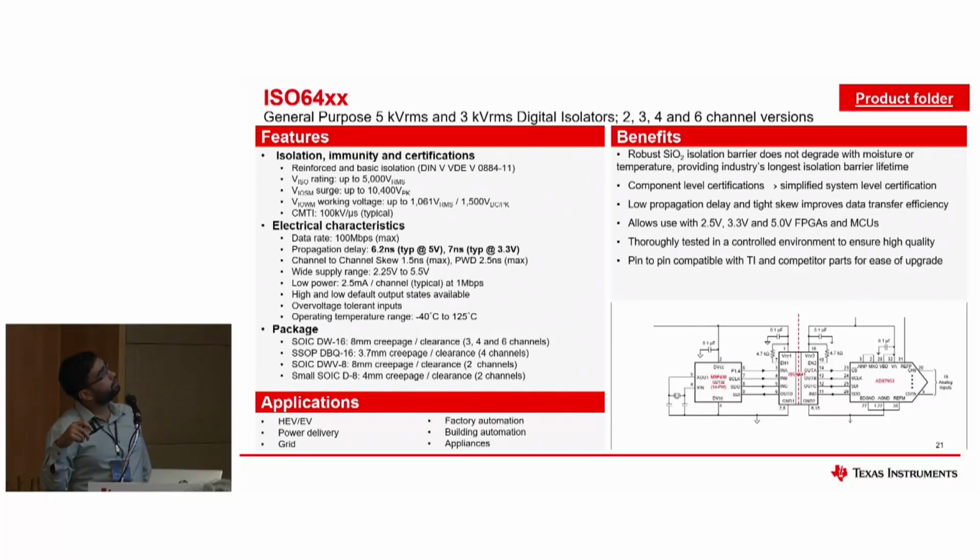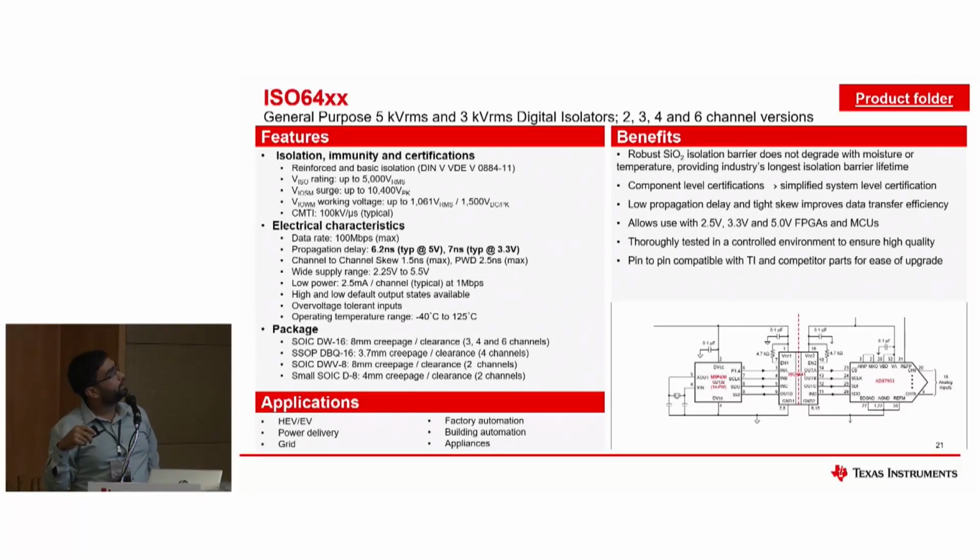The VISO rating from UL is 5 kV RMS. It's qualified for both reinforced and basic isolation, with a working voltage of 1 kV RMS, since it's a single standalone transformer